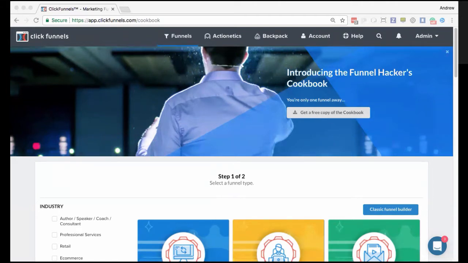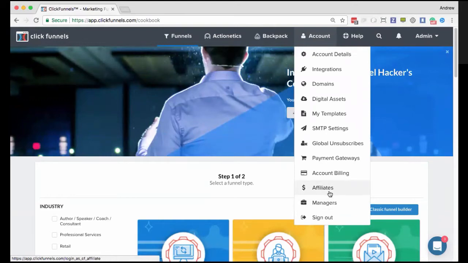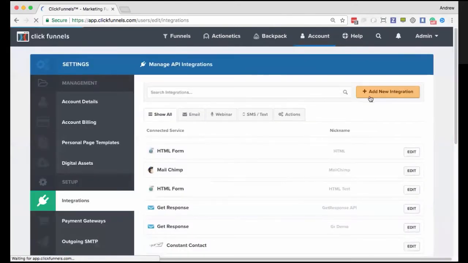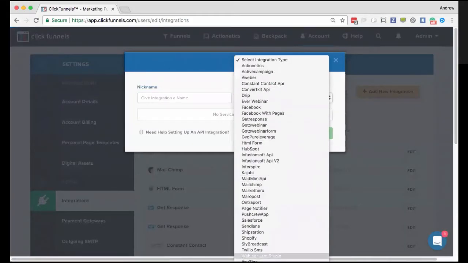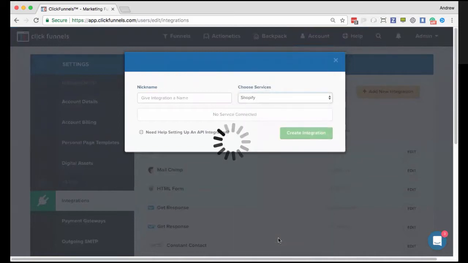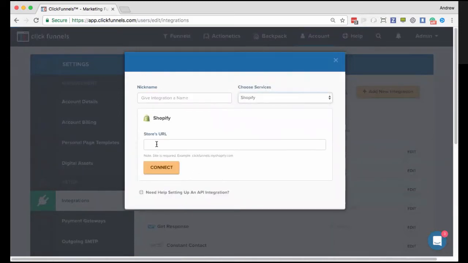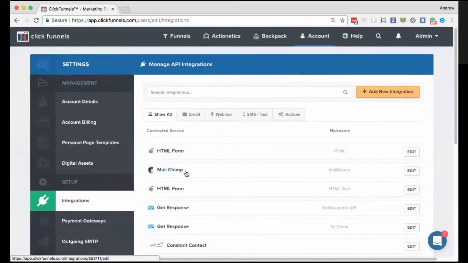Awesome. Albert actually is asking if we could show a little bit about the Shopify integration and functionality. Oh, absolutely. Just to kind of give you a little bit about what it does here on the ClickFunnels side. Obviously, the very first thing that you would do here underneath your integrations menu is integrate Shopify. You do that simply by adding a new integration and then selecting Shopify from the list here. And it's going to ask for a Shopify store URL. In this case, I have a demo store with Shopify. I've already connected that to this particular account.